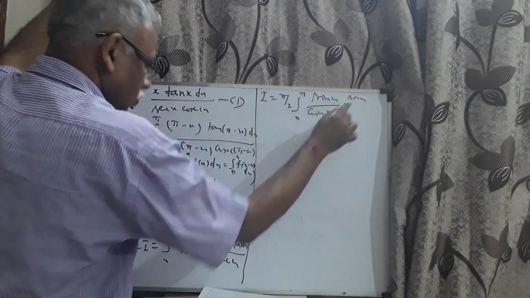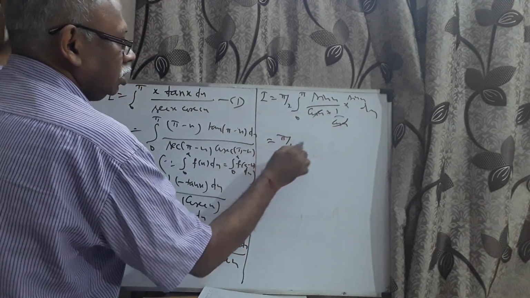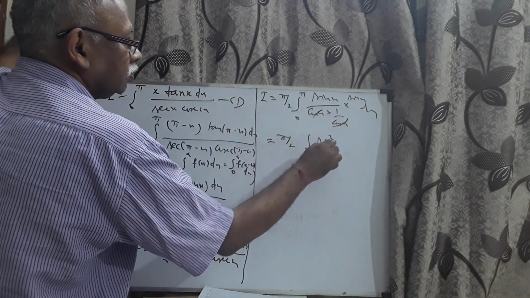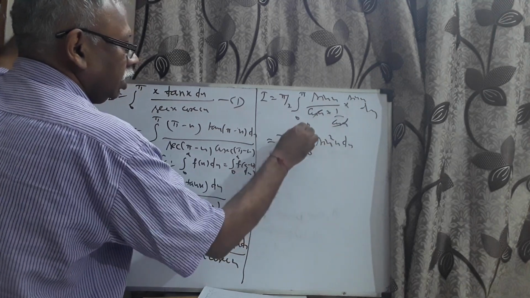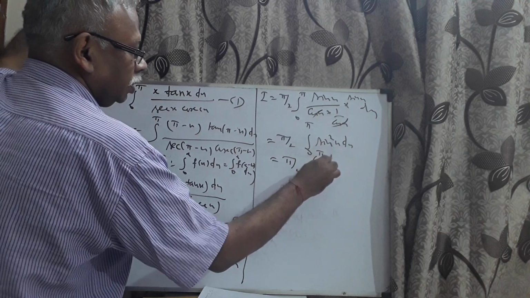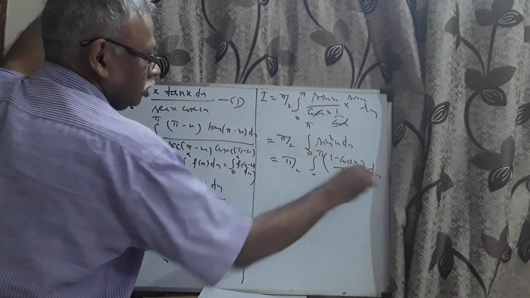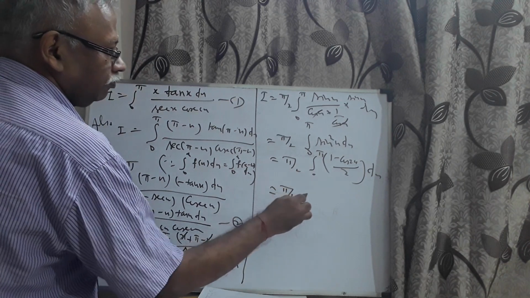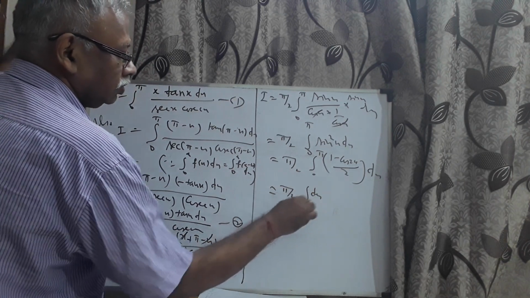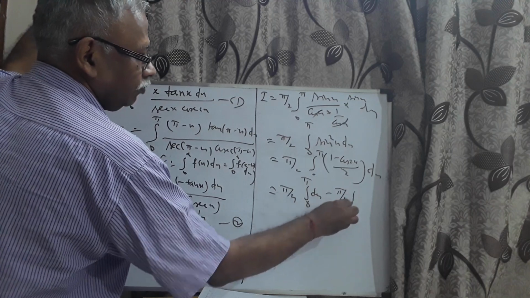This cosecant will go up as sin x dx. This cos x gets cancelled. Pi by 2 integral sin square x dx from 0 to pi, which is pi by 2 integral 0 to pi of (1 minus cos 2x) by 2 dx, which is pi by 4 integral dx from 0 to pi